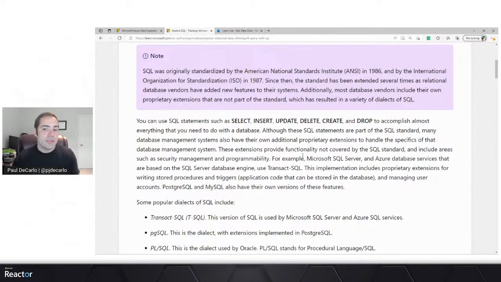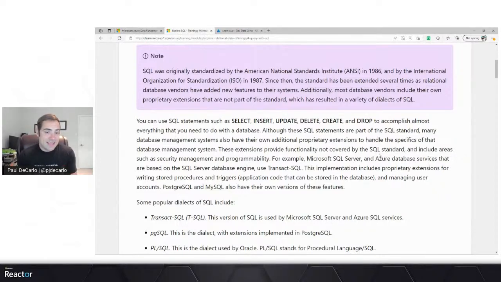systems. And although these SQL statements are part of a standard that was developed by the American National Standards Institute, some database systems can also have extensions to this, or proprietary extensions that can handle additional features. These would cover functionality that's not provided in the ANSI or ISO defined SQL standard.